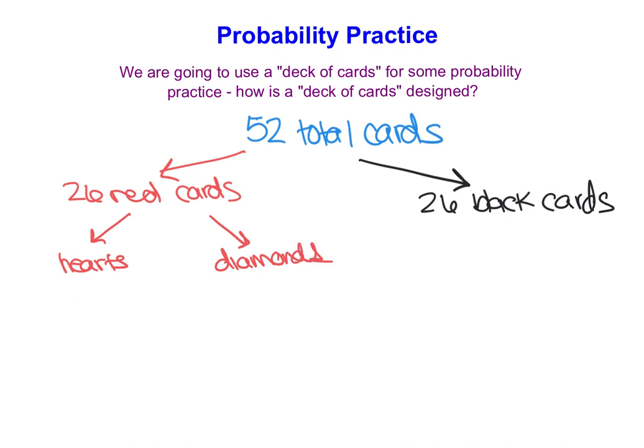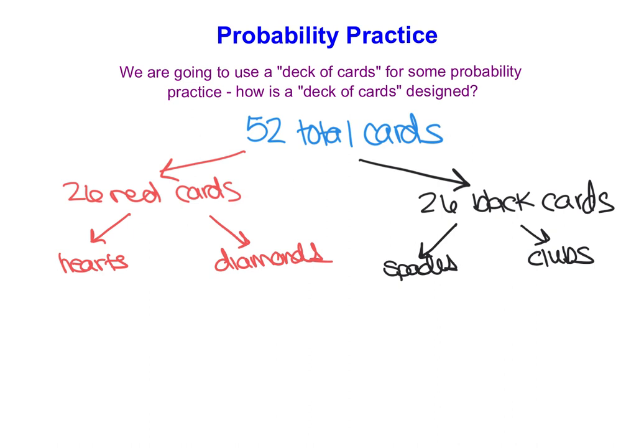Then the black cards break down into the suits of spades and clubs. So, in order to figure out how many cards are in each of these, we have 2 ways we can go about it. The 26 red cards and the 26 black cards each split evenly amongst their 2 suits, or you can take the 52 cards and divide it by 4 to get how many cards are split up evenly between the 4